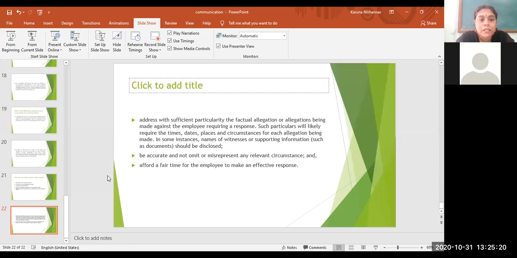We will see certain examples of a show cause notice, like how to draft. Maybe the significance, the level of that particular incident, according to that we need to use the words or language of a show cause notice, and then be specific with the words which we are using in the show cause notice.